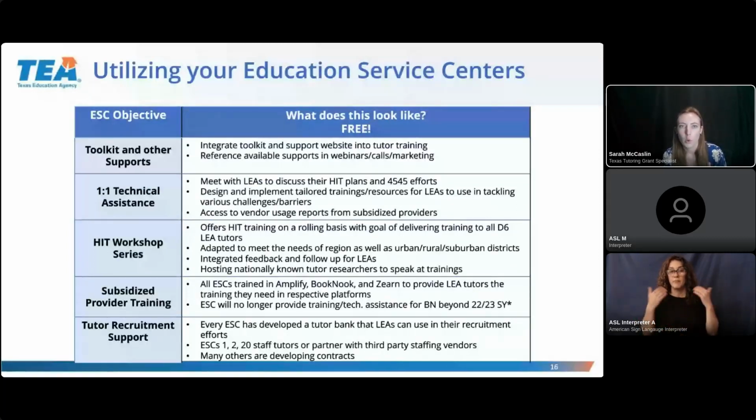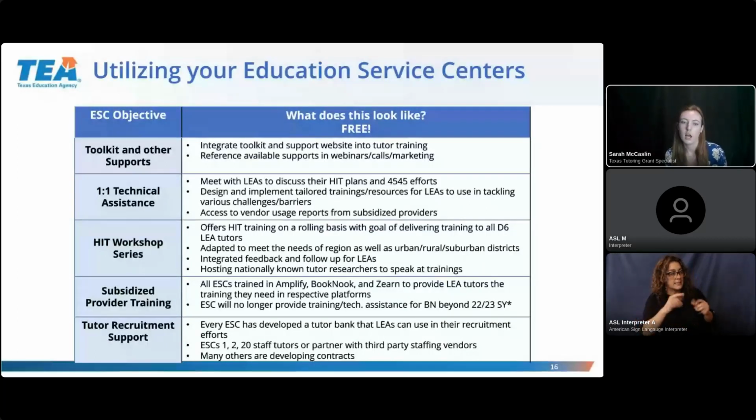Lastly, tutor recruitment support. Every ESC has developed a tutor bank that LEAs can use as part of recruitment efforts. Now, this doesn't mean that every single ESC has found and trained and is able to hire and deploy those tutors, but they do have perhaps lists of resources that will help you form partnerships with universities, high school students, community members, nonprofits, workforce commissions, and they're able to say, hey, if you're struggling with staffing needs, let's check out